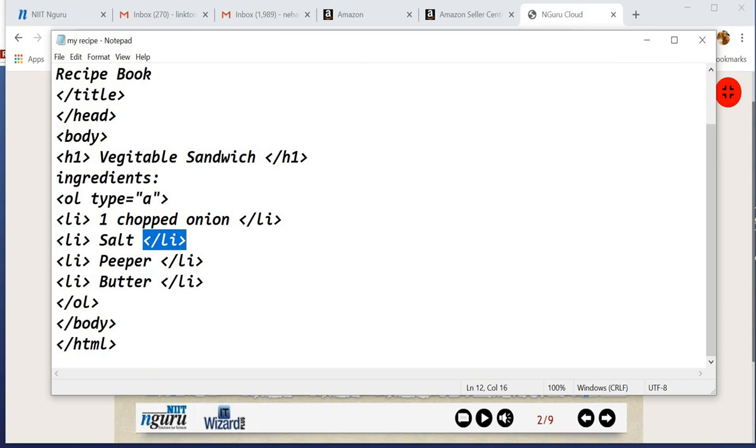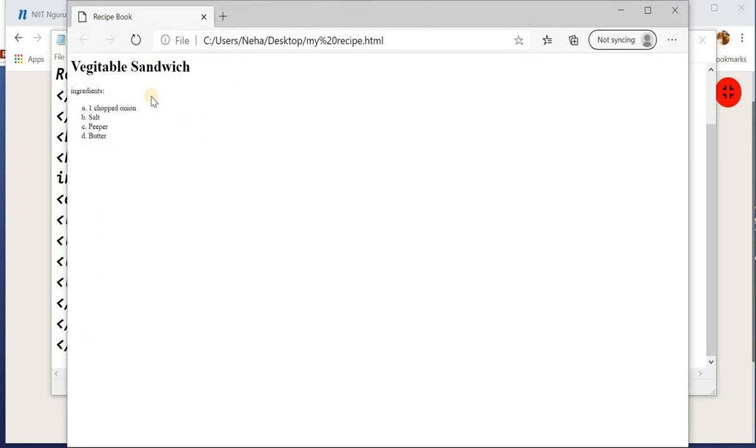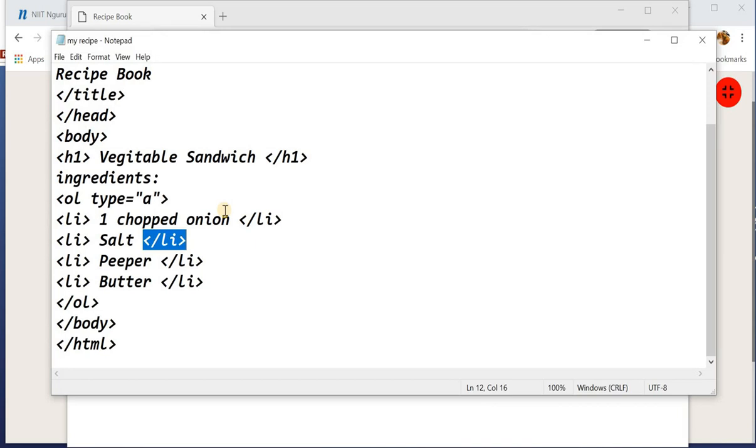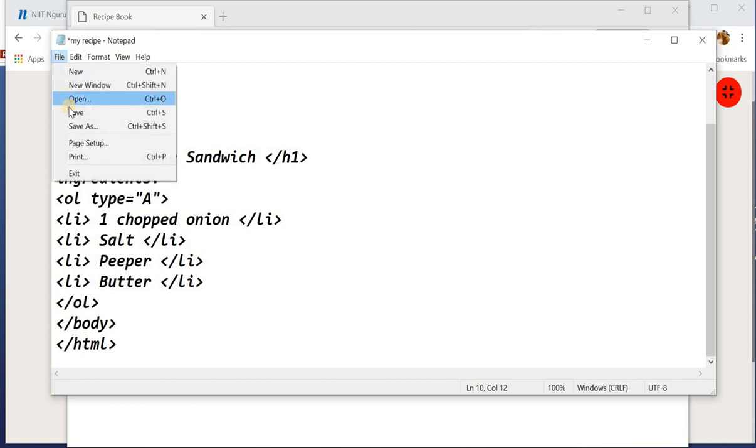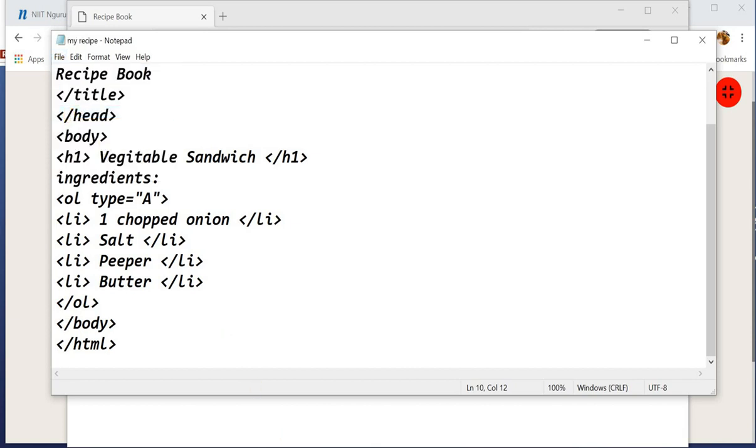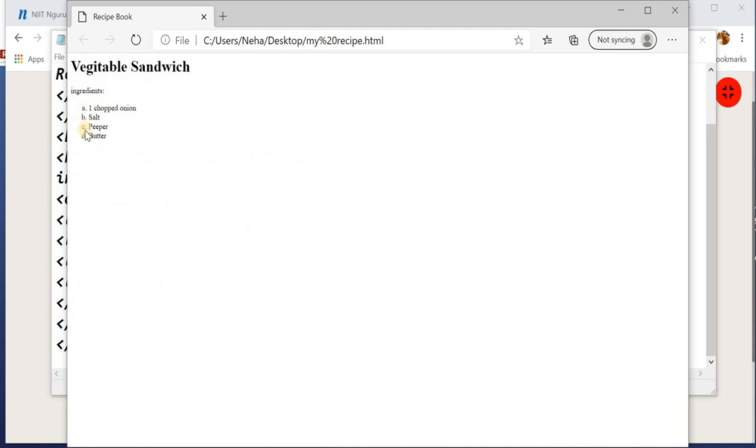So then you will get the output of this page like ingredients and ABCD is here. Now if I do it like big A, and save this file, then what will the output be? अब देखिए यहाँ पे अभी स्मॉल ABCD है. जैसे ही हम इस पेज को रिफ्रेश करेंगे तो यहाँ पे बिग लेटर्स आ गए. मतलब आप ऑर्डर लिस्ट का जो भी टाइप यहाँ पे मेंशन करेंगे, सेम टाइप यहाँ पे आपको शो हो जाएगा. ठीक है.